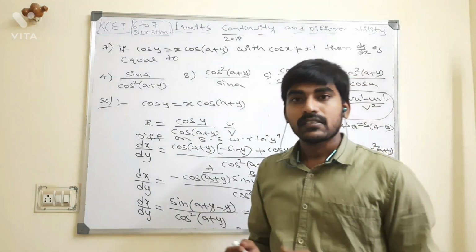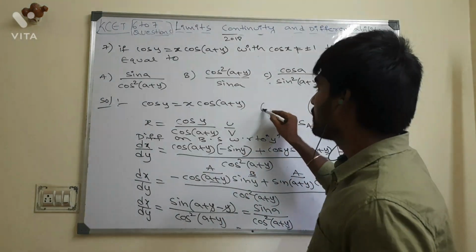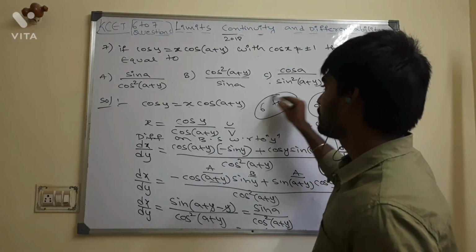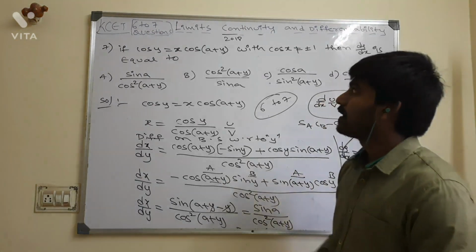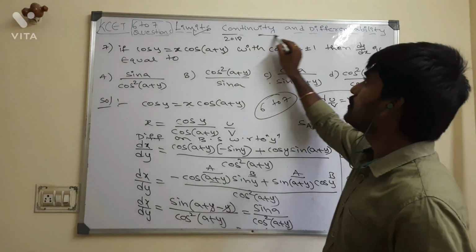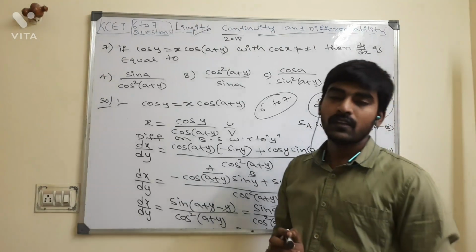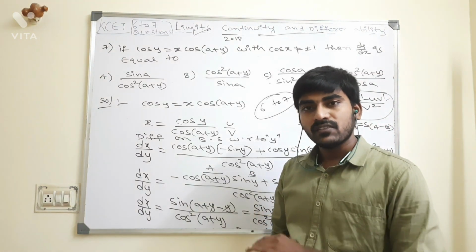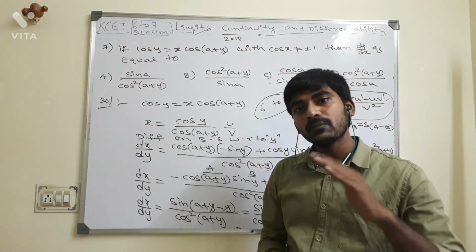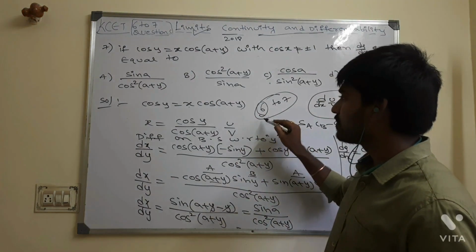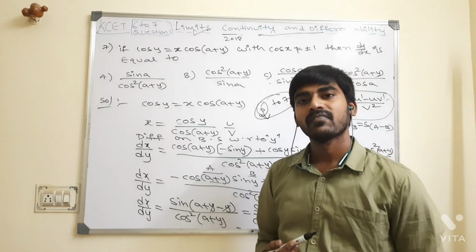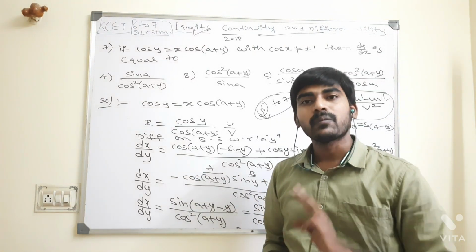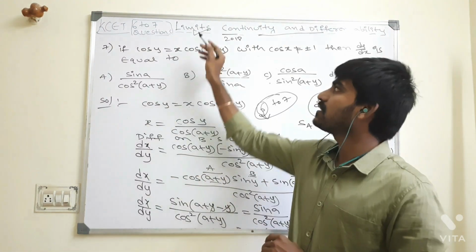Limits is first year. Continuity and differentiability is second year. Overall, you count the average minimum number only, meaning 6 questions. Matrices and determinants 6 questions, continuity and differentiability 6. If you are reading only these 3 topics strongly, limits being a small topic, it's not a matter, that means in second year you are going to get 12 questions, meaning 12 marks you are able to attempt.